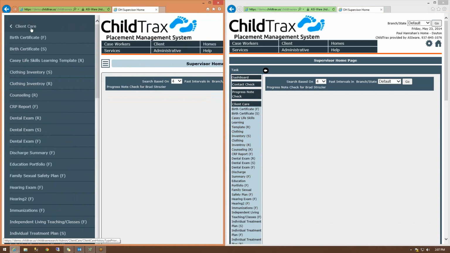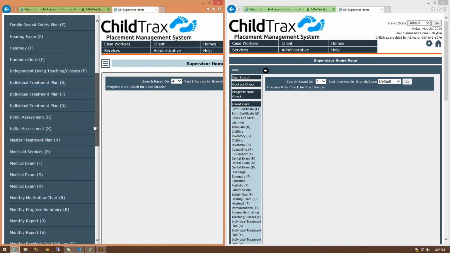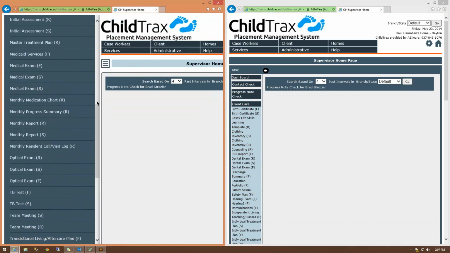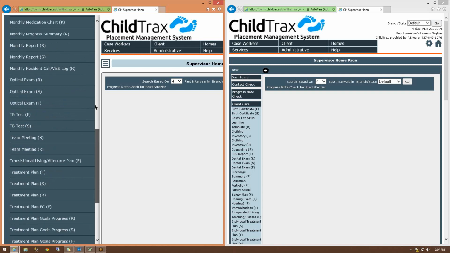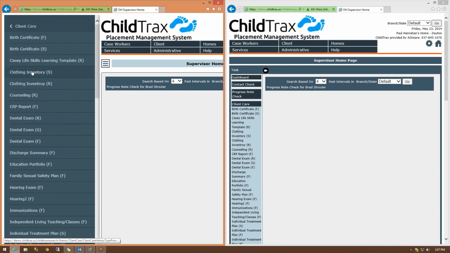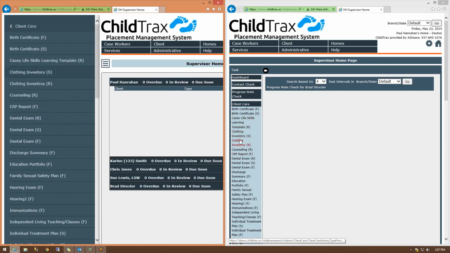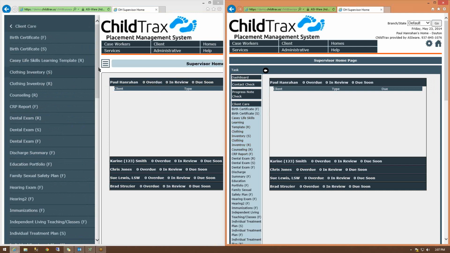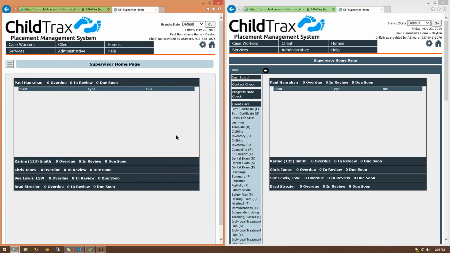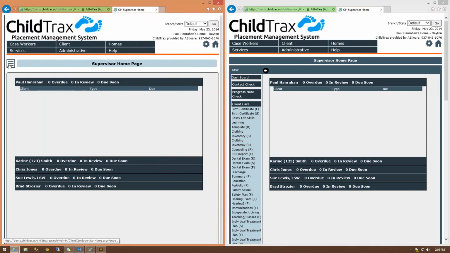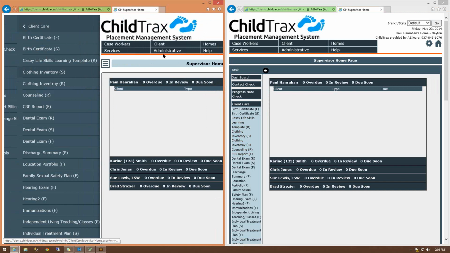Okay, so now when you click on client care, here's all your items. Notice how you're not scrolling the whole screen, you're just scrolling the menu. Okay, and if you pick an item, it works the same way as it did on the old one. You hide that menu, and it's the same way. Okay, the next item